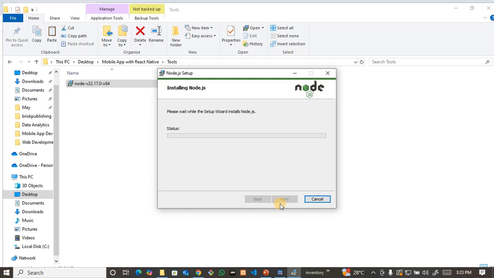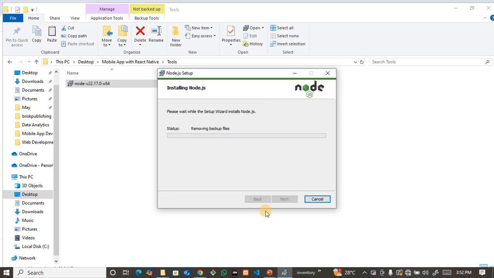Alright, so I've already installed it, but I can still allow this to install the latest version. Alright, so Node.js is installing. It's probably removing the old version and installing the latest version. So you just have to exercise some patience while it installs. Alright, so while Node.js is installing, I can